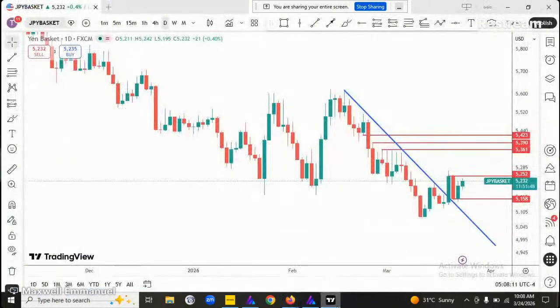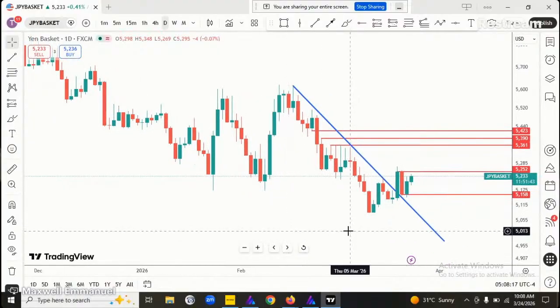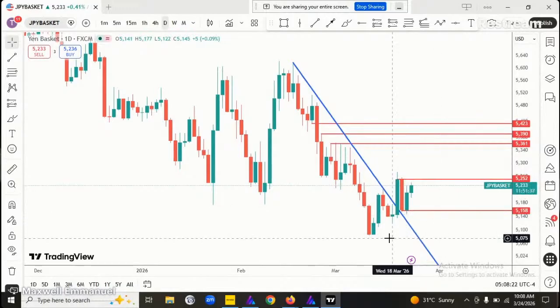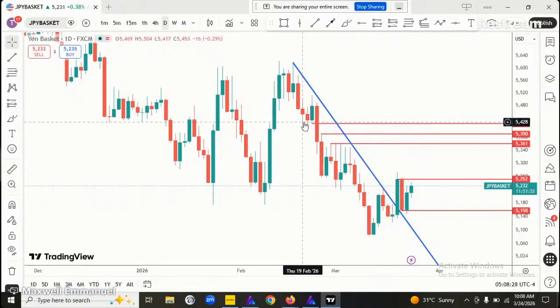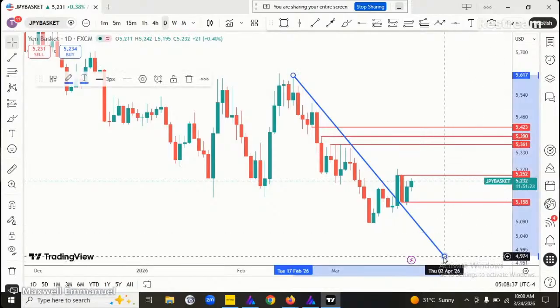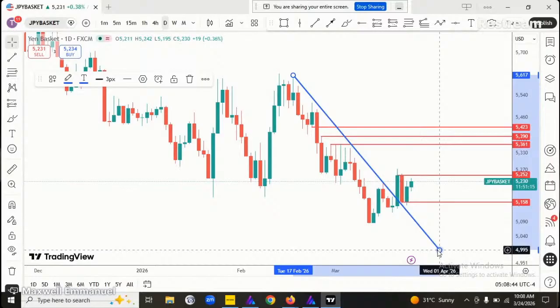Let's go to TradingView to see what's the trend on yen. Let's start with yen. With what I'm seeing on yen, I think yen is bullish. We had a low here, we had a high, we had a low, we had a high, right? And we had this trend line that is broken. You can see the market is trading above this trend line. So it all indicates that the buyers are still in control.